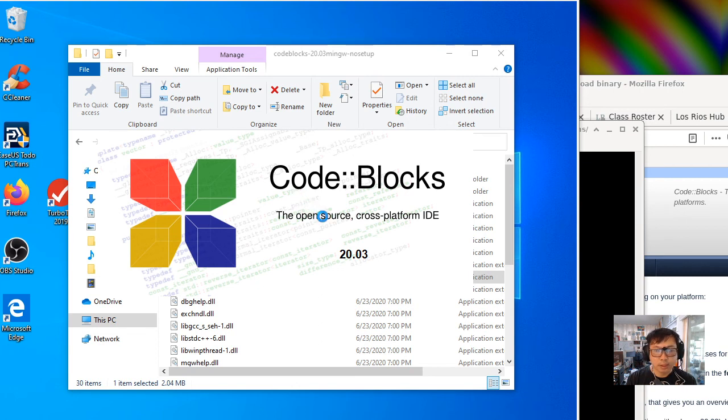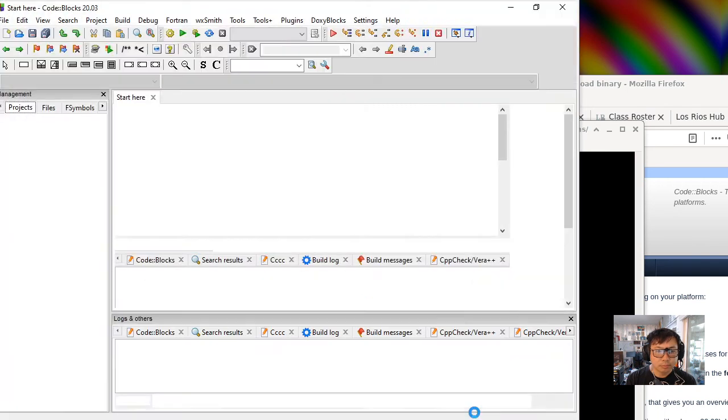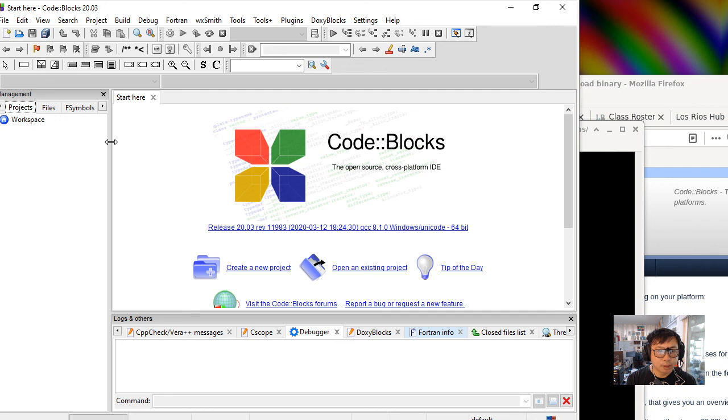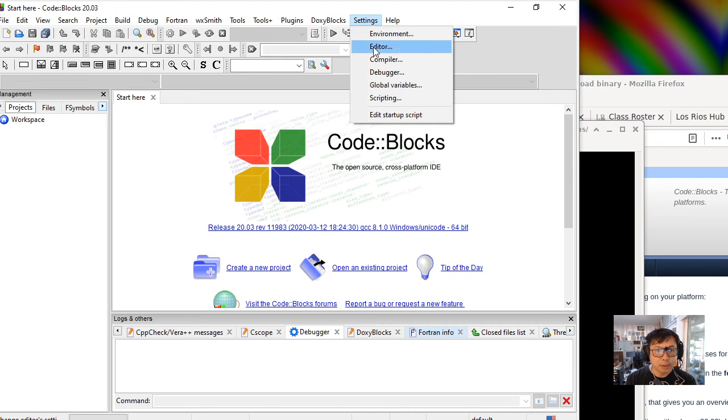It's taking quite a bit of time because I'm running inside a virtual machine and my computer is not particularly powerful. It's not really designed for a lot of desktop applications. There we go. Okay, so once you start it up, you go to settings and then go to debugger,